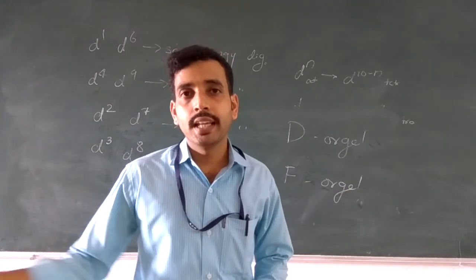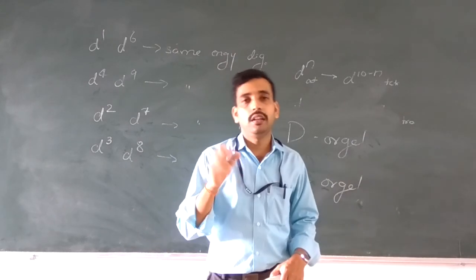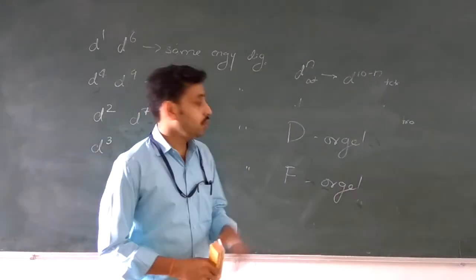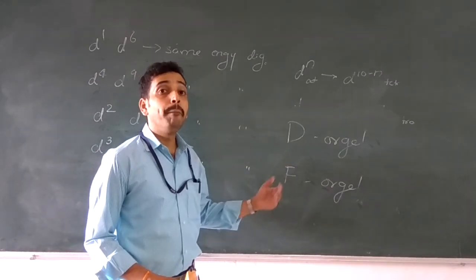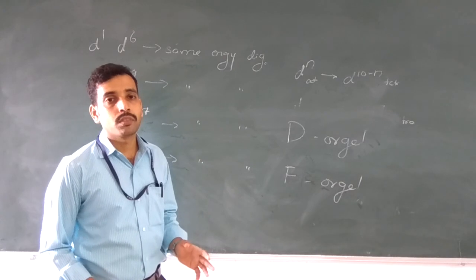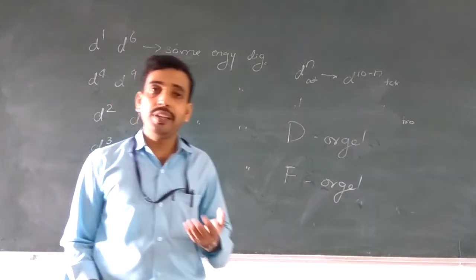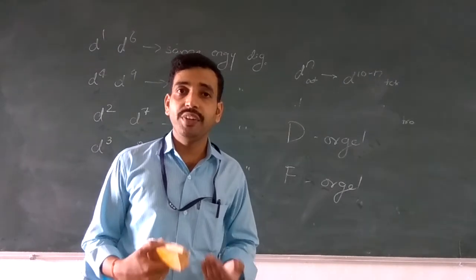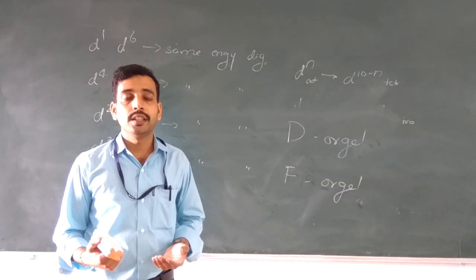It indicates S, P, D, F, G, H, I, like that. So based on the L value, either the D term or the F term may explain the D1 to D9 systems. The calculation of spectroscopic notation and the construction of the D Orgel diagram and F Orgel diagram are discussed in the